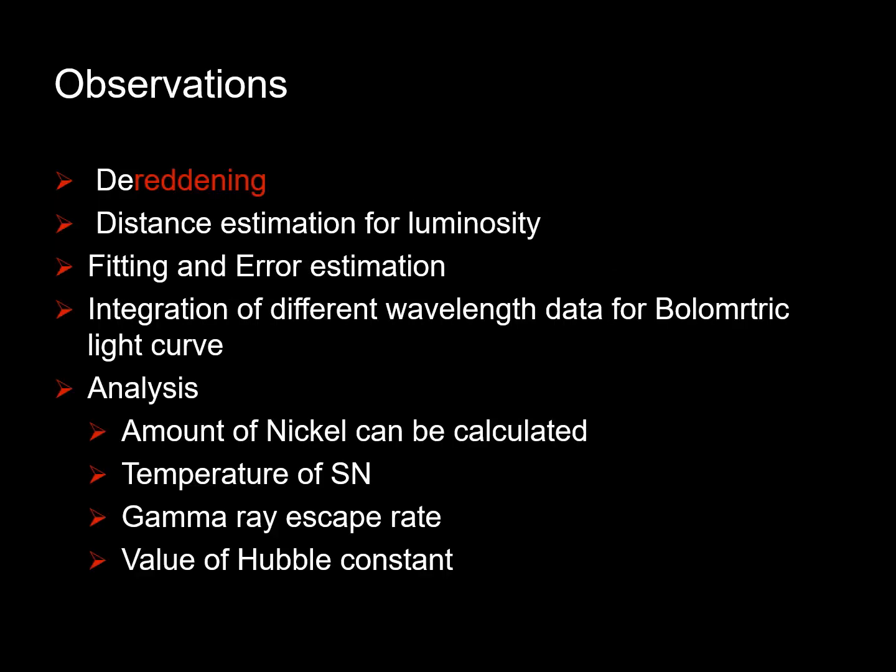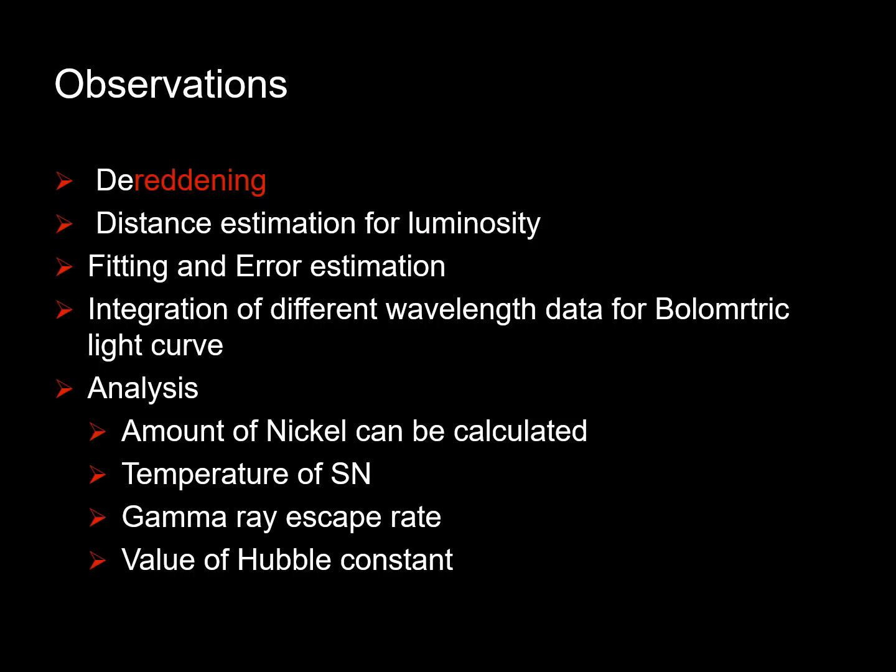How are these light curves obtained? These are obtained from observations. Due to galactic dust or any other factor, the brightness is slightly dimmed, or what we call reddened. To counter that, we take into consideration the extinction factor and we de-redden our data. Then we calculate the distance of the source of this radiation to calculate the luminosity. Then, using various fitting algorithms, we fit our data to a standard set of templates, and then we estimate the errors in our data by various techniques like the Monte Carlo method.